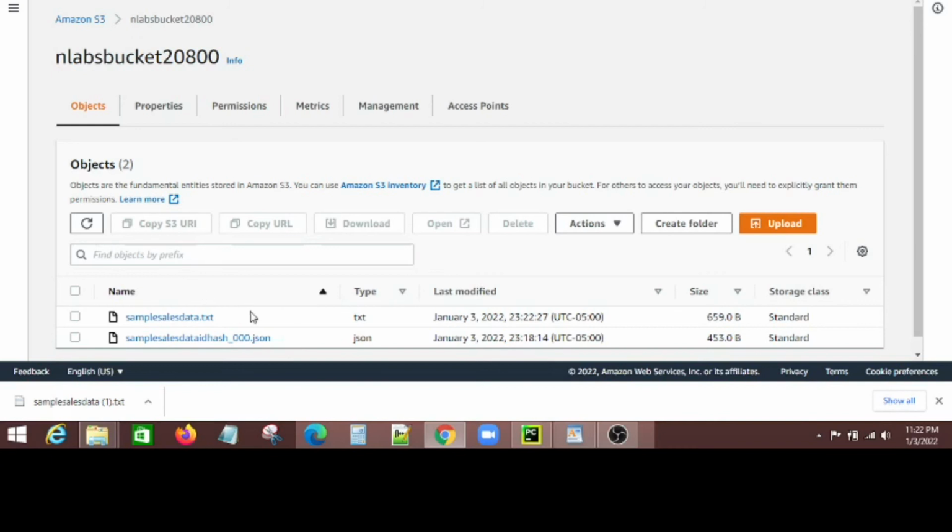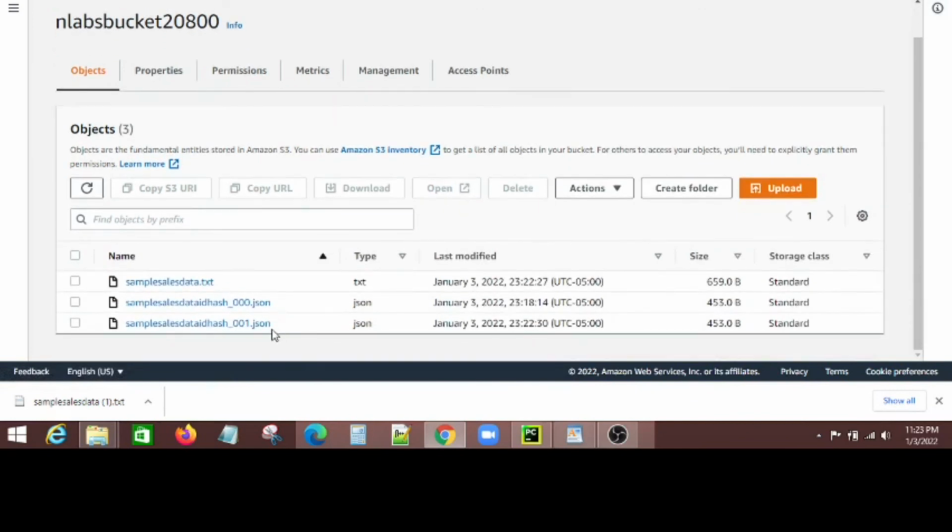Now the second ID hash file has to be generated by my program, with an extension of 001. Why I'm doing that, I told you before. I want to keep track of those in my computer too. So if my program itself takes care of it, then instead of going to these properties and enabling the version management, I'm doing it in my Python program. Let's see that. Okay, here you go. Second one got generated,